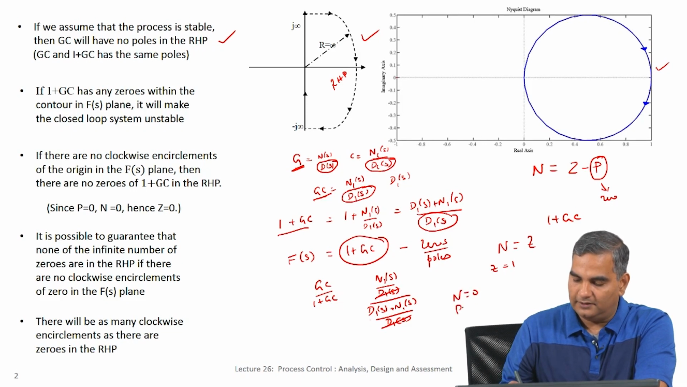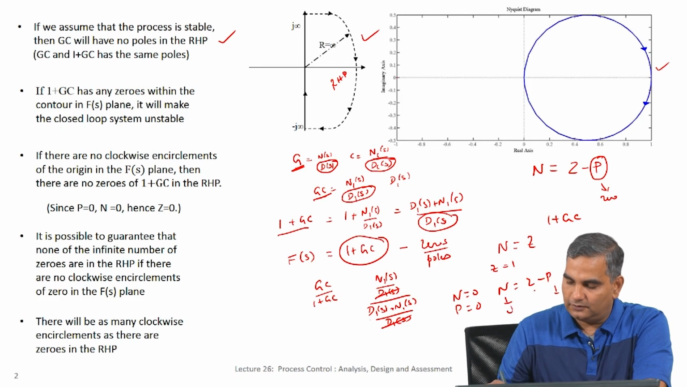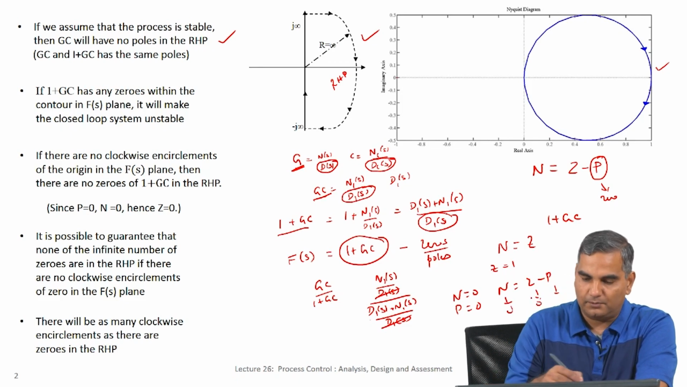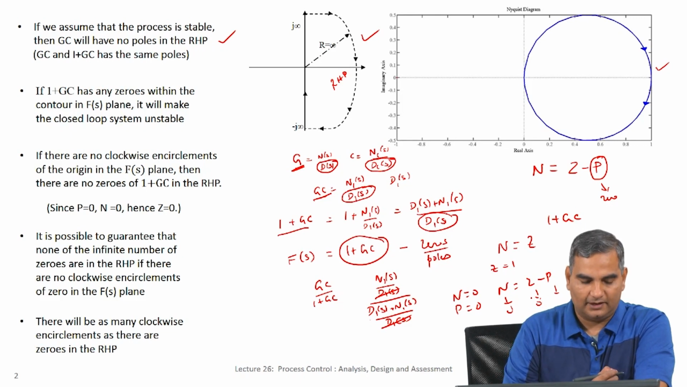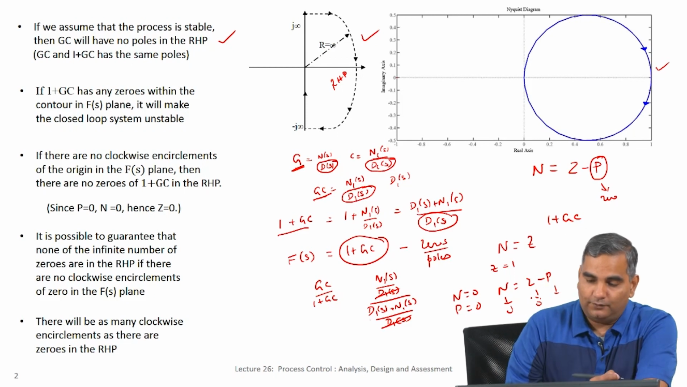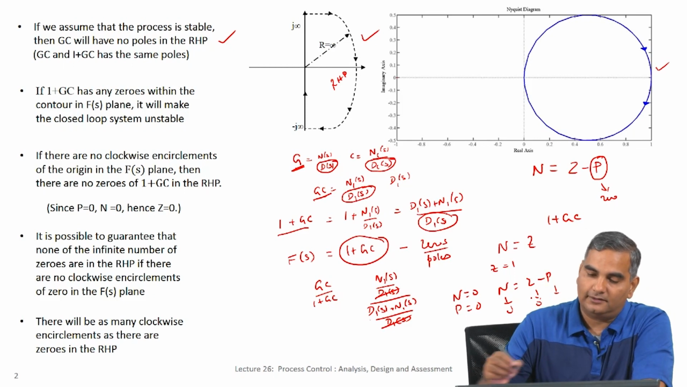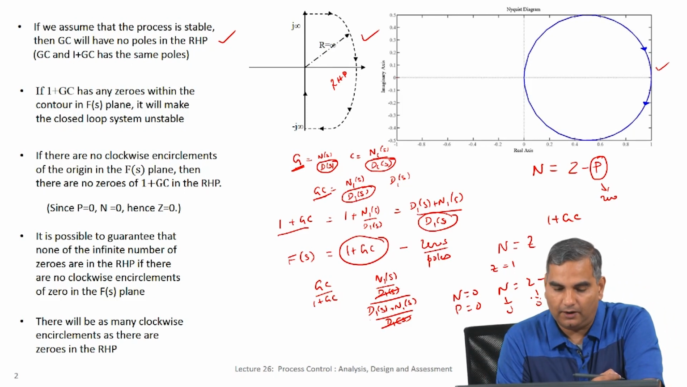We already know P is 0, N is equal to Z minus P. So, this is 0, this is 0, so this has to be 0. So, no zeros of 1 plus GC in the RHP, that means no poles of GC by 1 plus GC in the RHP. So, remarkably, by just looking at this F of s plot or the Nyquist plot, we are now able